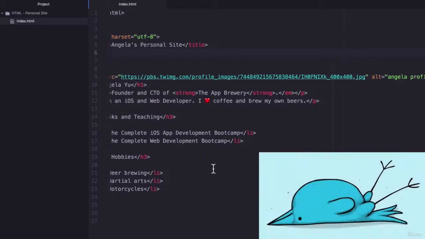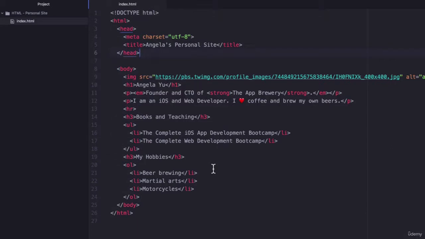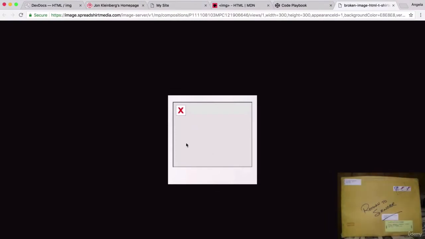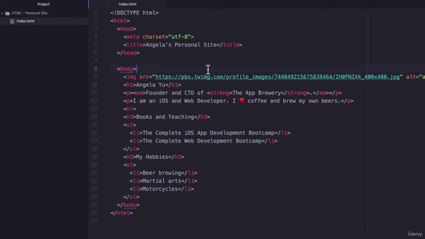Now, what if Twitter goes down? What if they die? What if nobody wants to send tweets anymore? Well, then their server is going to be shut down, and my image will no longer be available for download, and you will instead end up with something that looks a little bit like this. And you might have come across it in the past when you've been loading up websites. It means that the image is no longer available or is no longer hosted at the address that's specified in the source. So in order to remove our reliance on Twitter, we can also put an image into our folder